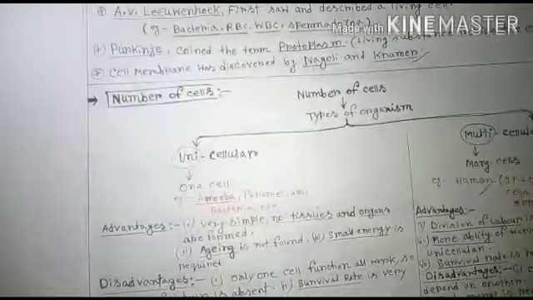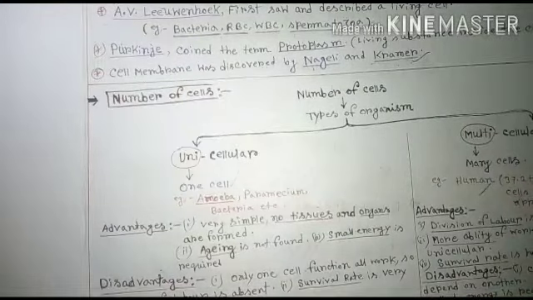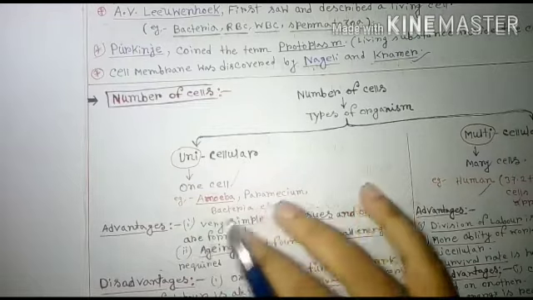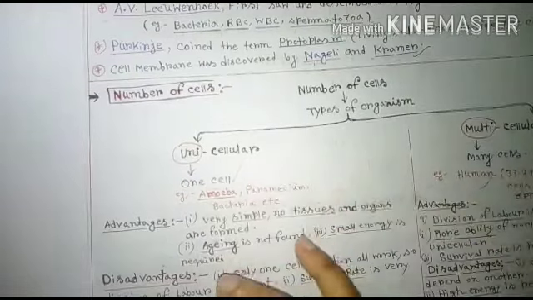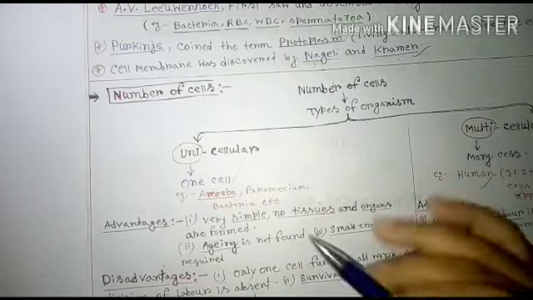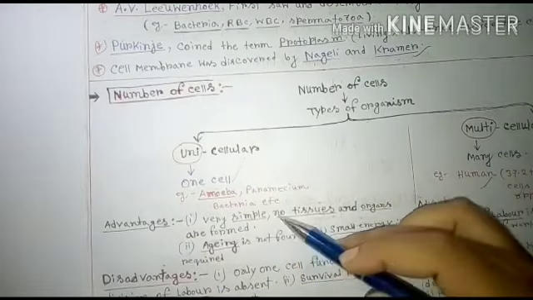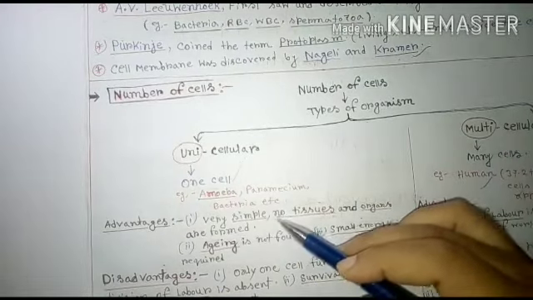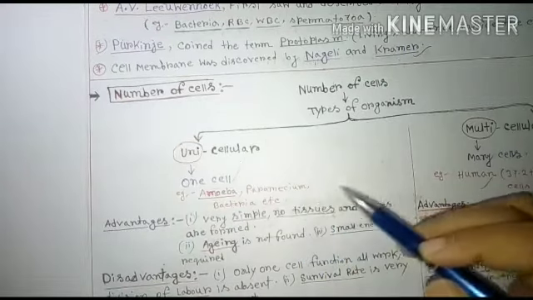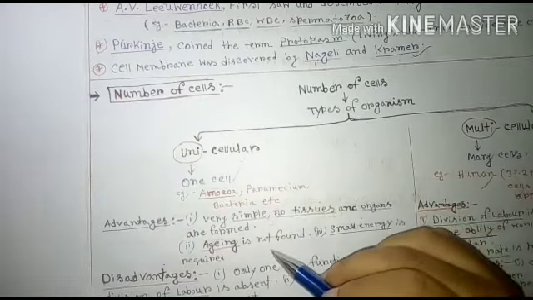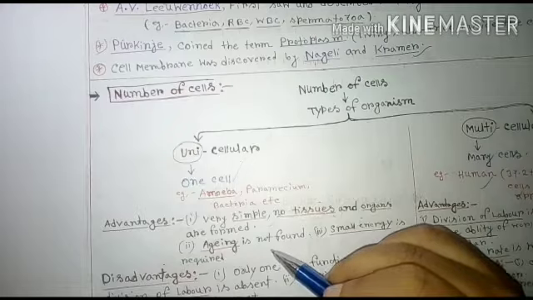And there are some advantages and disadvantages of unicellular and multicellular organisms. What are the advantages of a unicellular organism? The unicellular organism is very simple. No tissue and organ are formed, so it is not a complex structure. And aging is not found, because